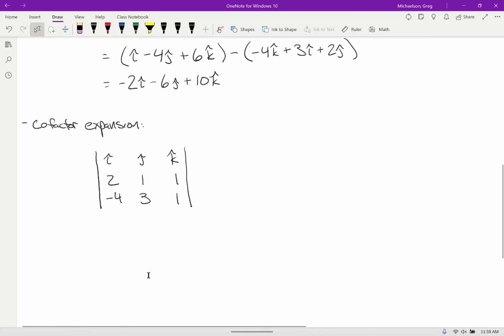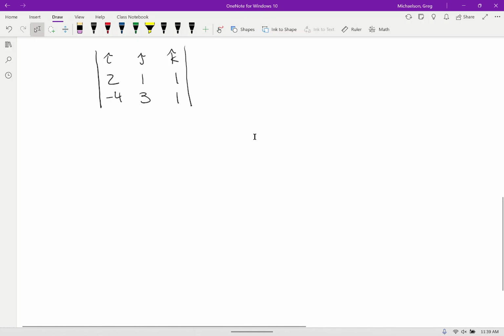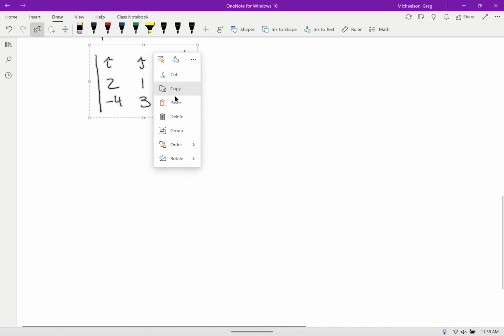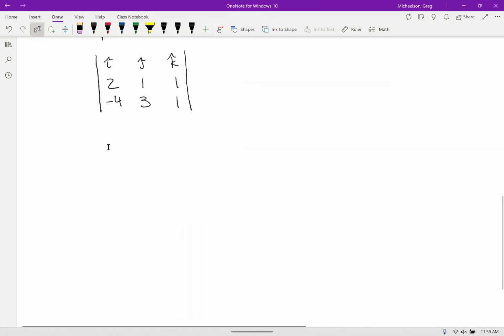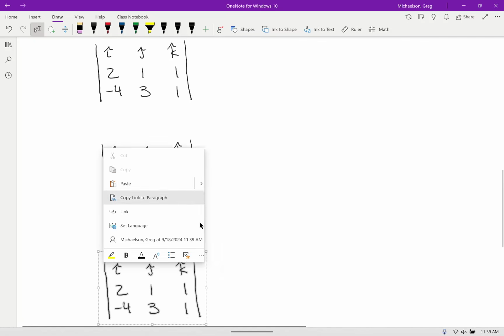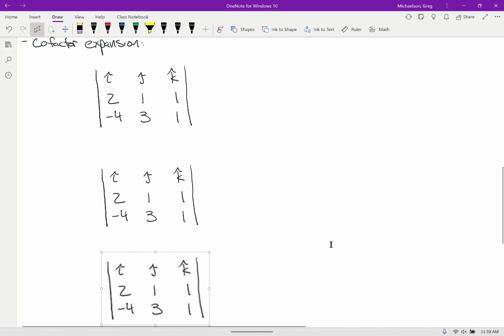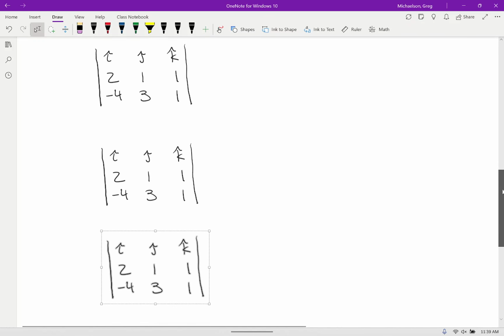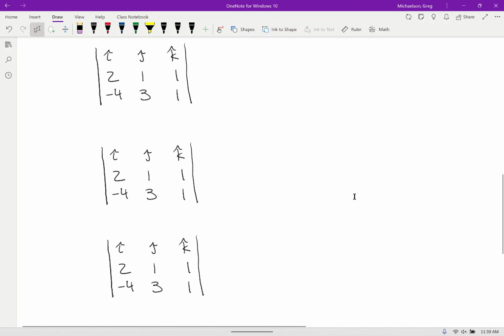Okay, and I'm going to cheat a little bit. I'm going to sort of write this three different ways, or three different times. Now, if you've never seen this, I think this will help. So what we're going to do is expand this along